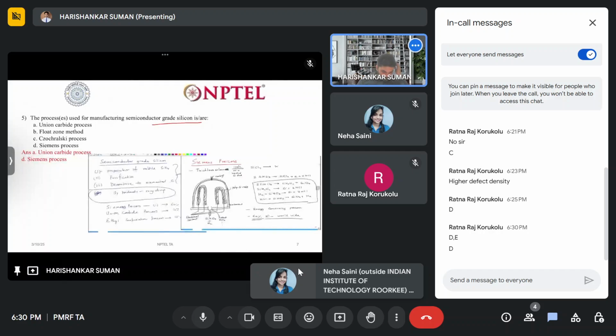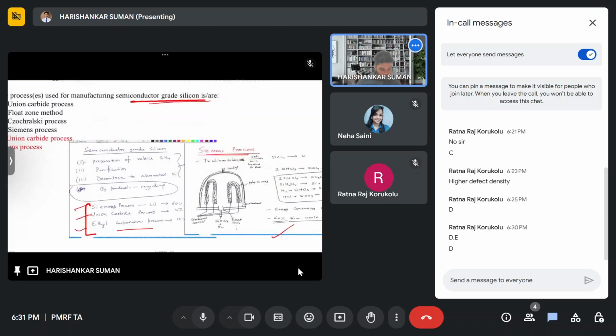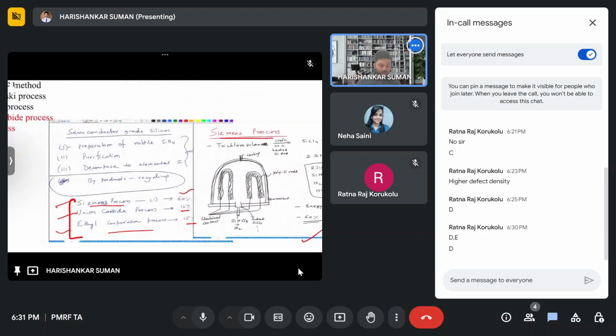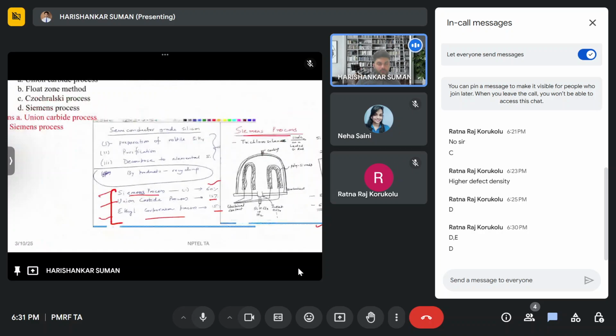So cement process we have already seen is used for semiconductor grade silicon, and also you can see cement, union carbide, and ethyl incorporated process, but yield is only 15%. So cement process is used for higher yield. Okay,